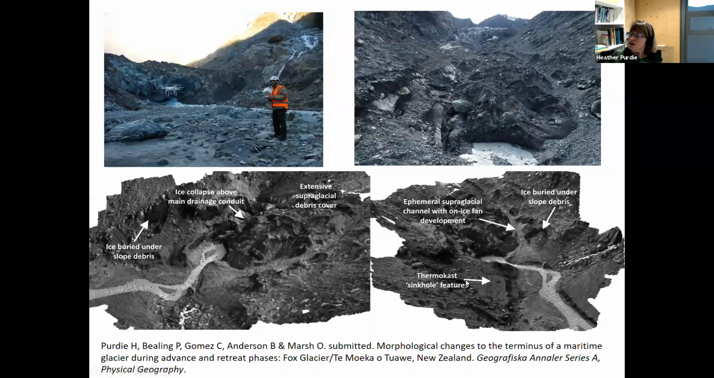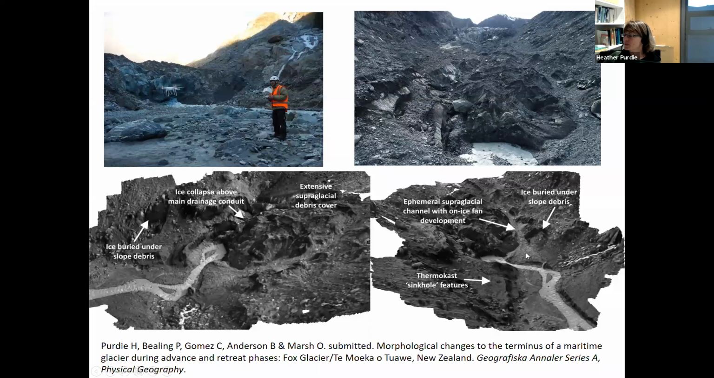We get in the air and you start to have a look around, you start to see these thermokarst features like sinkholes, where your ice is starting to become even further buried with debris. We also had this really interesting feature in 2018, where an alluvial fan is actually developing on top